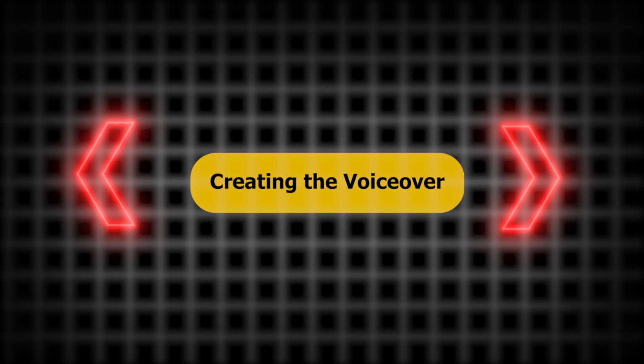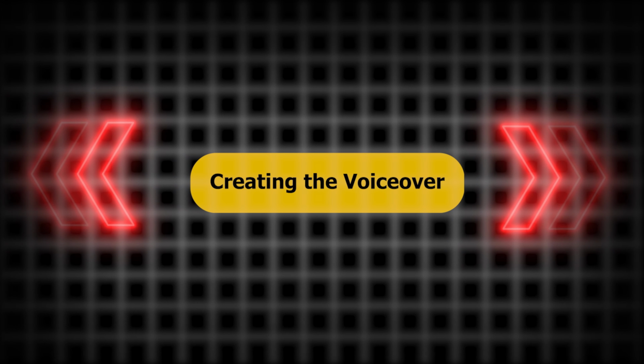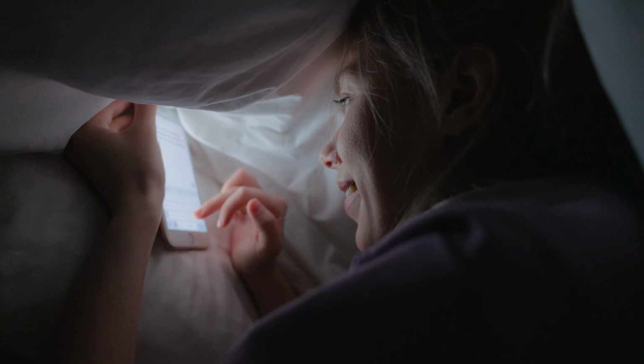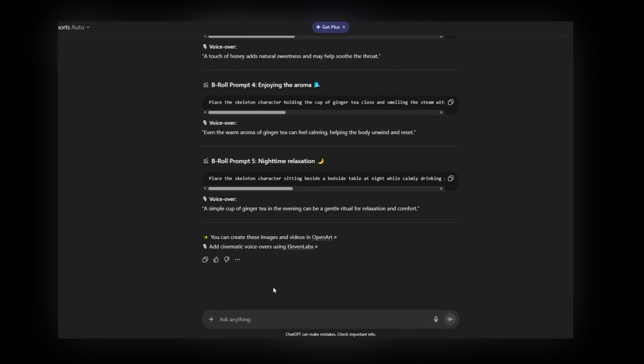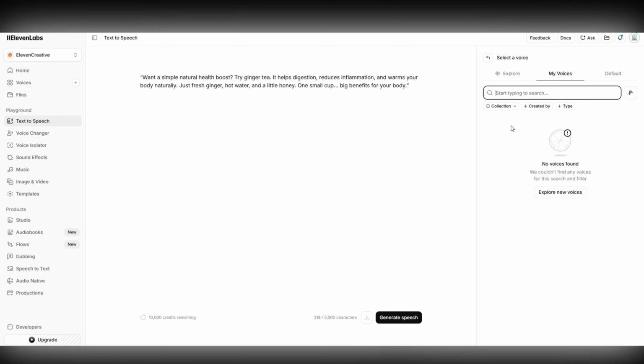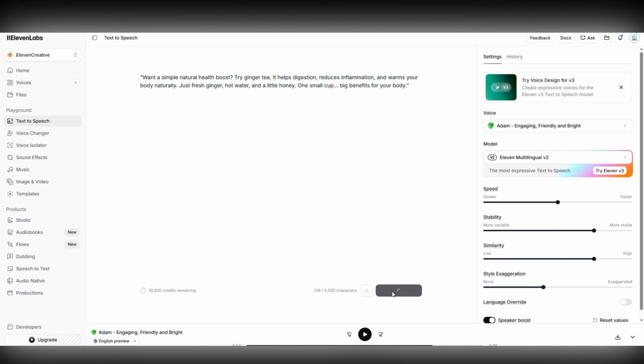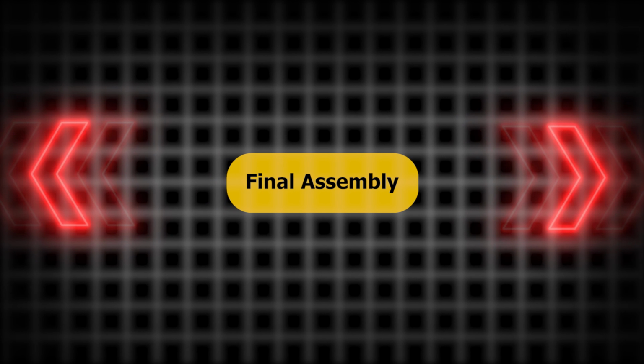Now we move to step 4, creating the voiceover. If you want your video to feel professional and keep viewers hooked, you need a strong voiceover. Go back to ChatGPT. Ask it to create a viral short video voiceover script for your scenes. Within seconds, your script is ready. Copy it, then paste it into ElevenLabs. Choose a deep cinematic documentary voice, something that matches the dark scientific vibe of these videos. Now let's move to the final step,